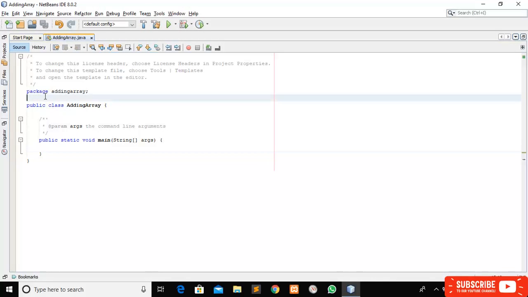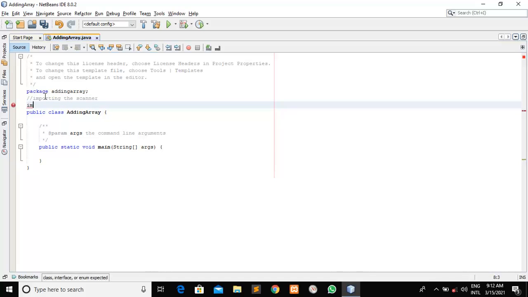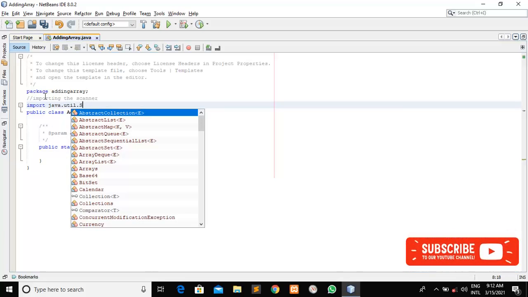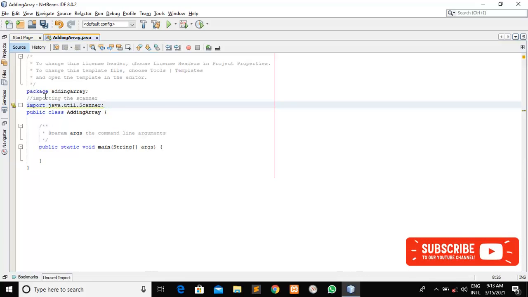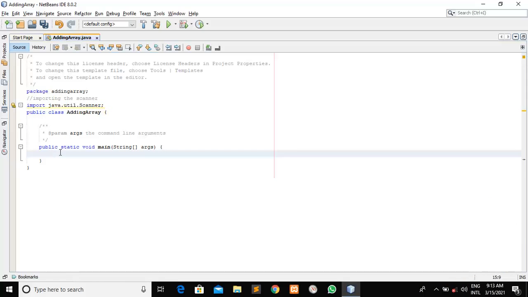Let's go into our NetBeans, and the first thing we'll do is import the scanner. So we'll say import java.util.Scanner, and then in our main class, the first thing we'll do is create the array. You can name it arrayItems. arrayItems is equal to new String,